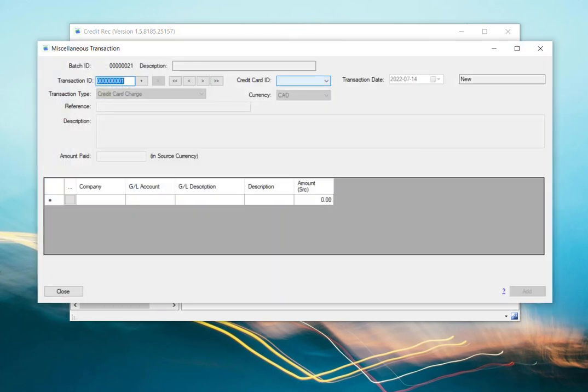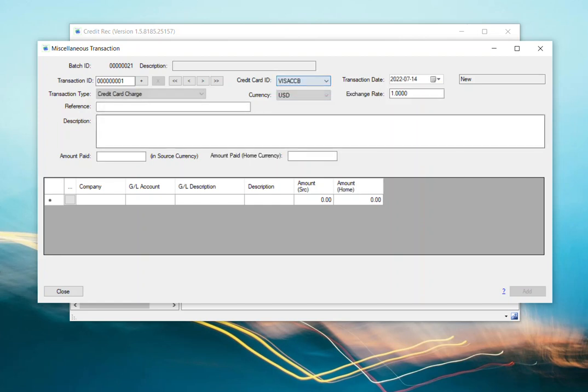And the first thing that we're going to have to do is enter in our credit card that we're using. So if I had a specific credit card, we would have a drop down list and choose which credit card we're taking, and what date the transaction transpired. And then we have several different options. We have either a credit card charge, a credit card return,